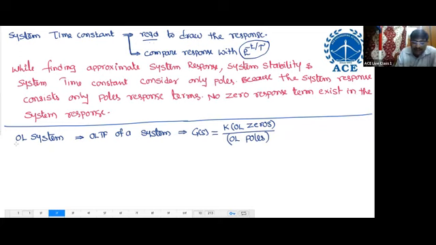Now we can clearly tell that open loop zeros never affect the open loop stability, and even the time constant and response never get affected. But if I go for a closed loop system,